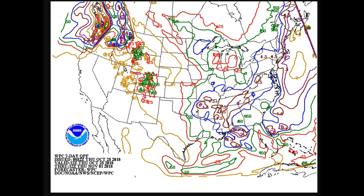This is weather prediction total 7-day QPF, the quantitative precipitation forecast. And you can see this blue line here, this is about 1 inch, that's a half inch in the green. And you can see heavier rainfall up to 3 inches off the coast. And the southwest desert areas dry up completely. Pacific Northwest begins to pick up rainfall. In somewhat of a storm track, this is that moisture working its way across the southeast United States and then up off the coast and then out to sea. The bulk of the heaviest precipitation associated with Wilma, or Willa, is going to be to our east and out